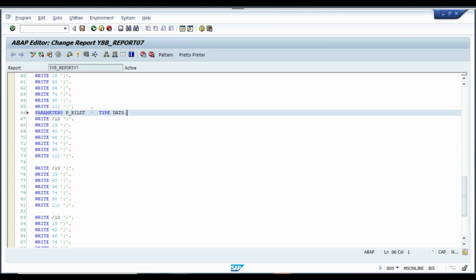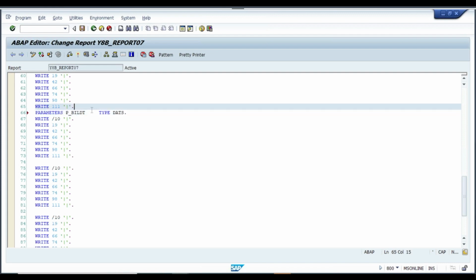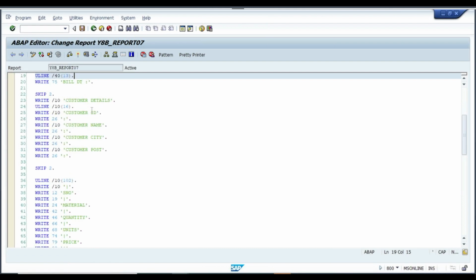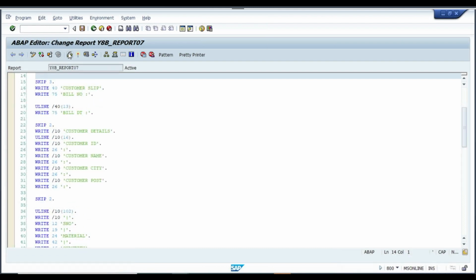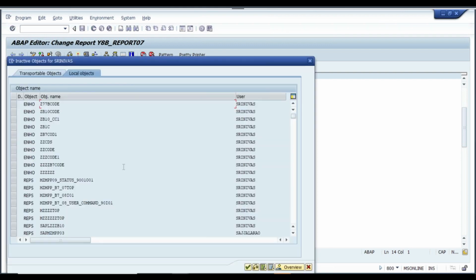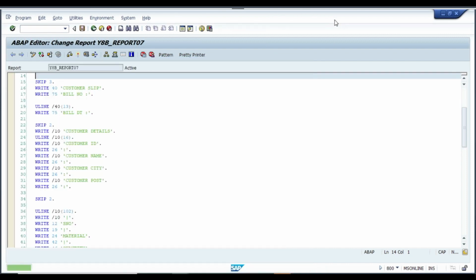So I declared three parameters, three input fields. Check the syntax. Activate. Even though wherever you declare a variable, when you execute, what the system will do is